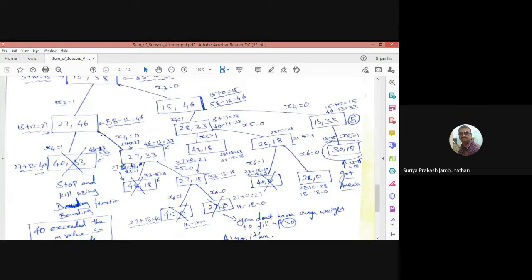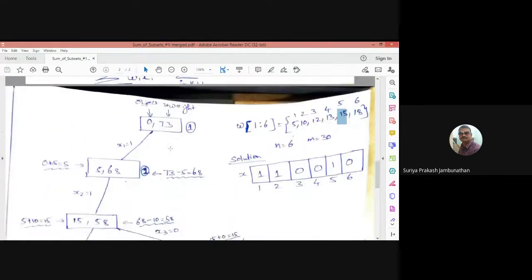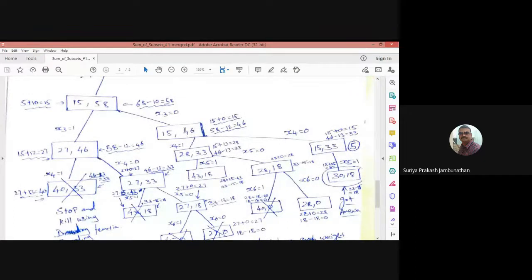Now we tested all these cases. Now we are doing the backtracking, and here we are not considering x3. When we are not considering x3, the same thing will come here. The previous node value will come as the object value, and the next value is the weight value. So 15, 46 we will get. 15 will be achieved with 15 plus 0, that is 15, and 46 will be achieved with 58 minus 12, that is 46, when we are not considering x3.